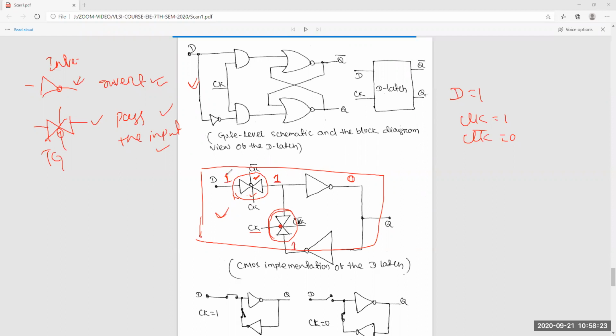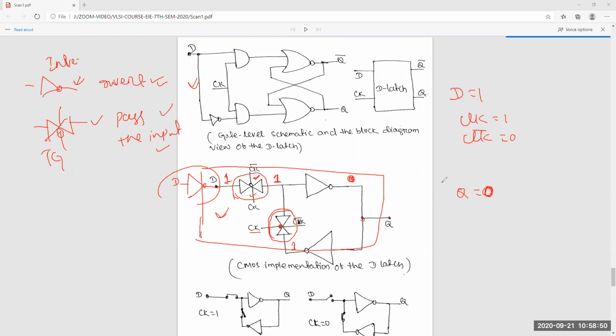So now you are giving 1, and the output is 0. So Q is equal to, suppose, 0. If you connect one inverter here also, then you can get Q equal to 1 as well. So you can add that, but think here Q is equal to 0.